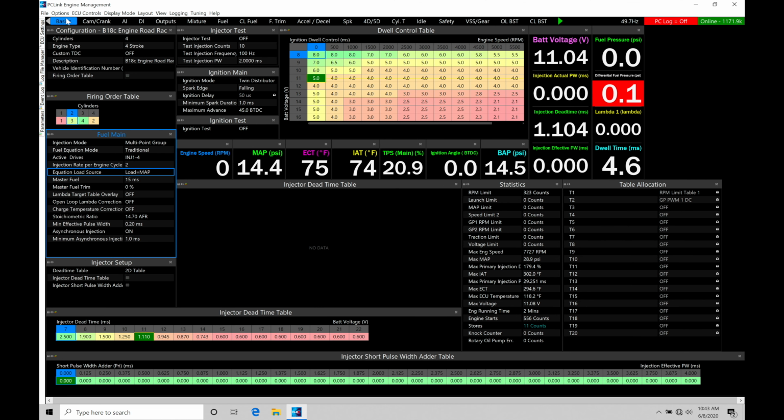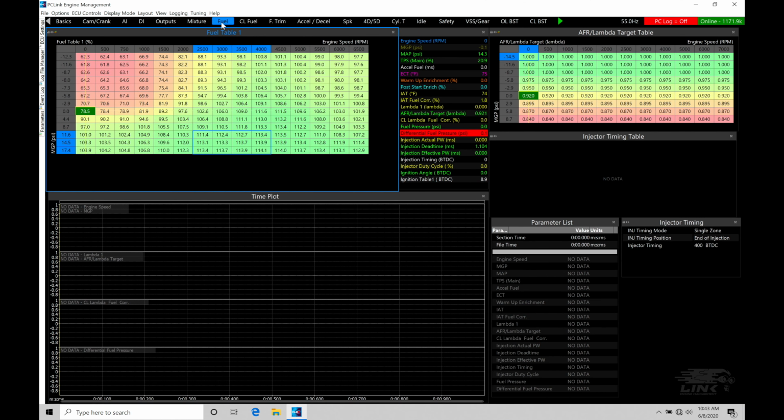So let's move from our basics page and let's actually go into our fuel page. In our fuel page, we have our main fuel table. The main fuel table here